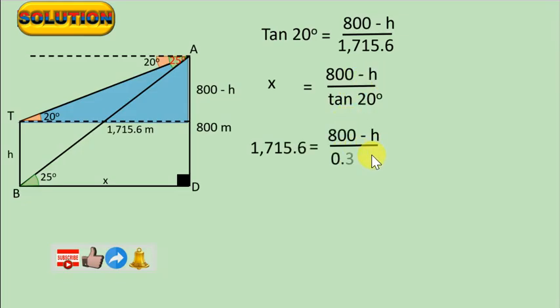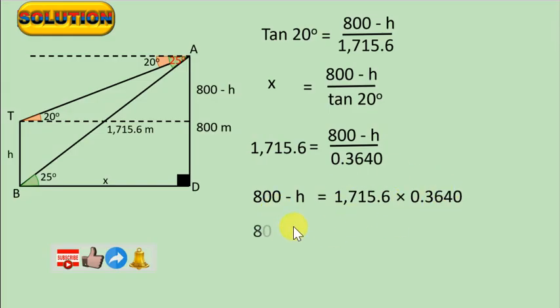Okay, so that's what we're actually looking for. So we have that. That's tan 20, I believe you understand from what we have done before. So now, cross multiplying, we have this will be equal to this times this. So we have that. Good. So we are going to simplify this. Use calculator, multiply this, and write the answer here. You are going to have the answer as